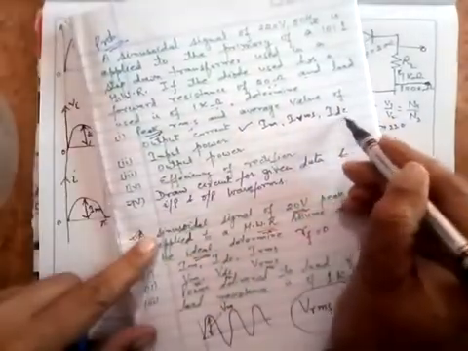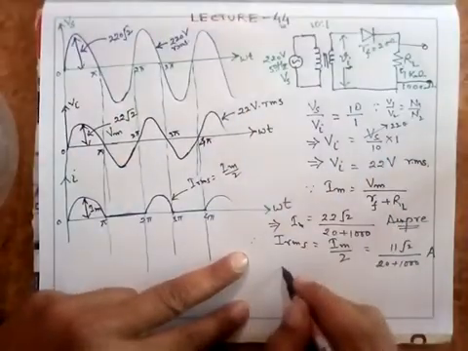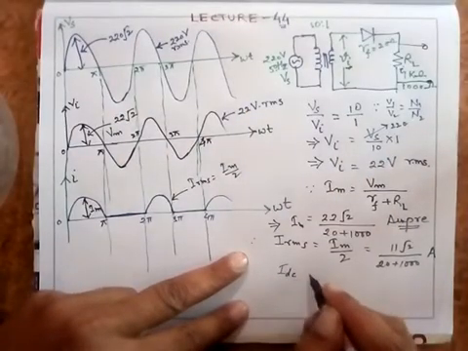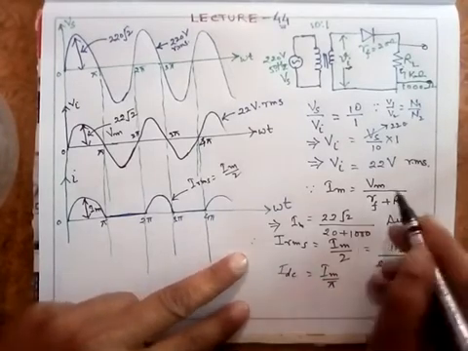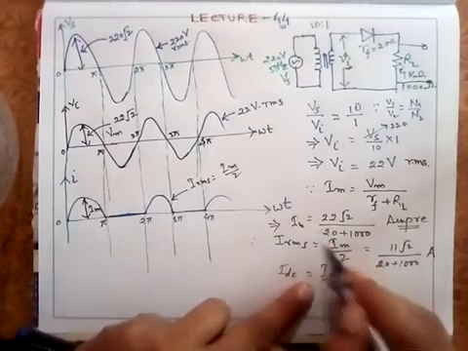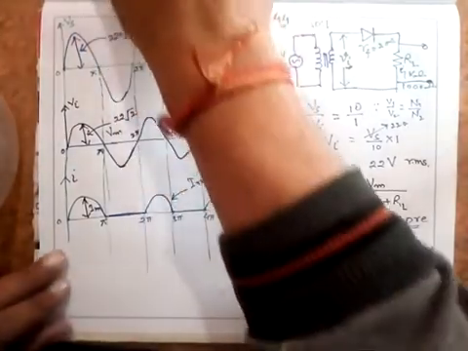Next is IDC. So IDC you can find out. IDC is equal to Im by pi. Im is this much upon pi. This factor upon pi, you can find the value of IDC. I hope that this is clear to you. Next part